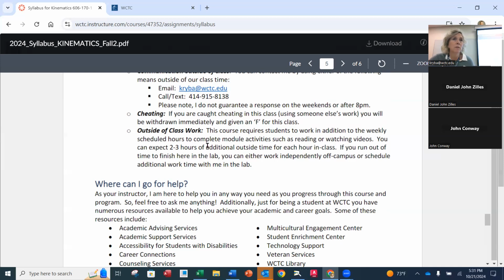And this class is only offered once a year, which sets you back quite a bit in reaching your goal of getting your associate degree. And chances are I'm going to be the instructor the next time too. So I hope cheating doesn't go on very often, because I've tried to eliminate reasons why you would cheat. Most often people cheat, and I'm not saying you're cheating,